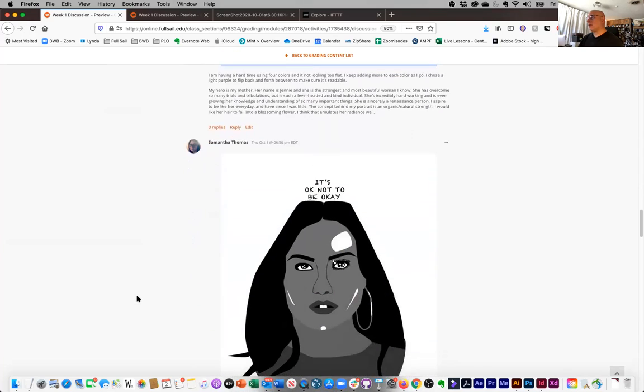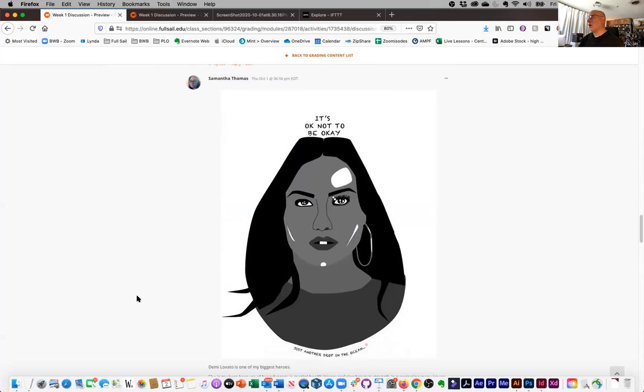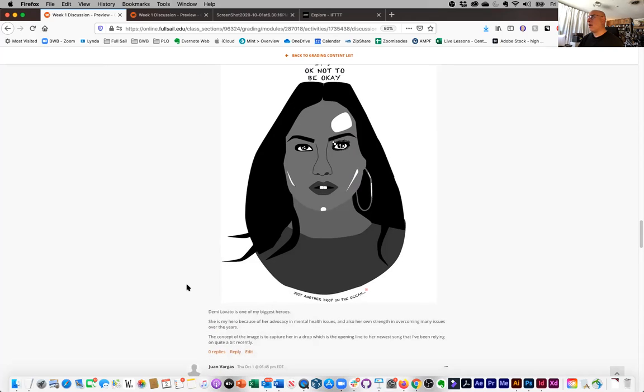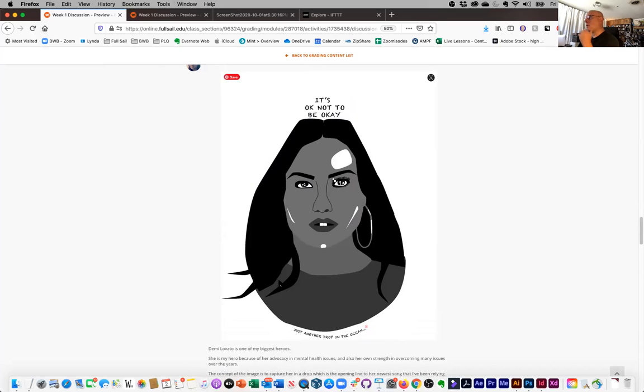All right, Samantha. This is a very interesting and compelling piece of artwork. Demi Lovato. A couple things jump out. First of all, you're not effectively using gray as light and shadow. Everything is super flat. You've added highlights that are very minimal, in sort of random places, so they don't really function as highlights. The nose is defined by a lot of line work, but I would say maybe your light gray,